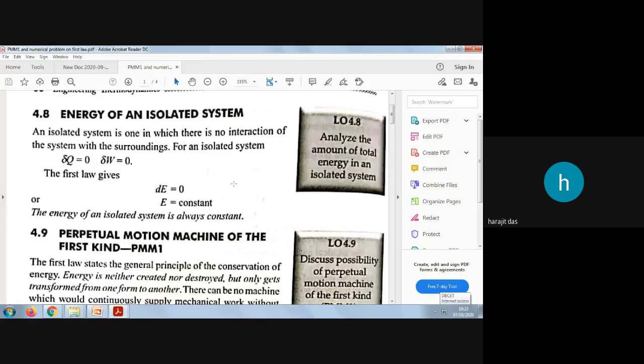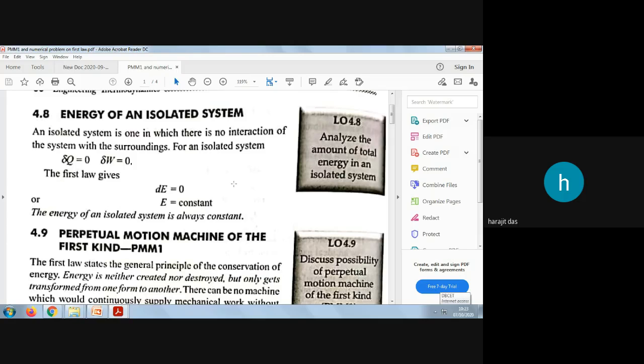By the definition of an isolated system, the system which doesn't interact any mass or energy through its boundary with the surrounding is called an isolated system. If it does not allow any transfer of energy, means the transfer of heat and work,